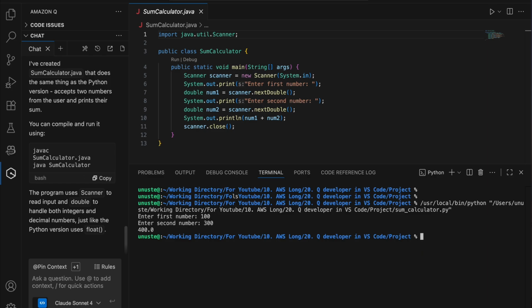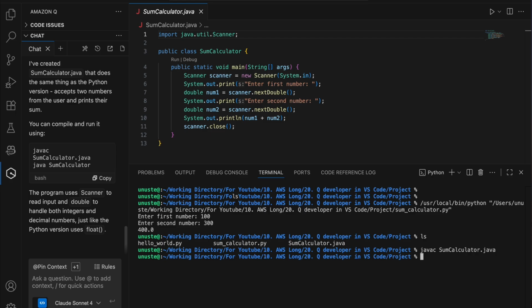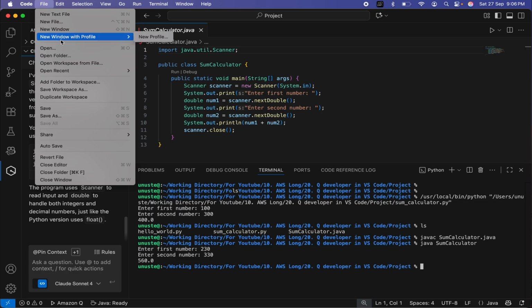So what you can do is you can say javac calculator.java. So it has compiled and now you can say java calculator. So it is asking for the first number. I'll say 230, I'll say 330, and it is 560. So this is how you create the program, or you can create a new Python file,